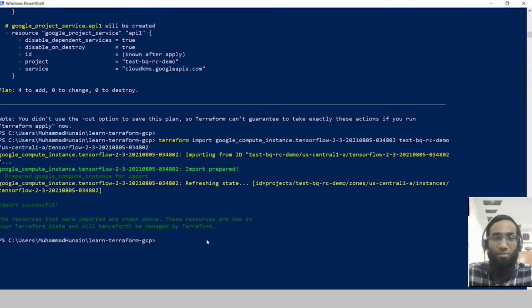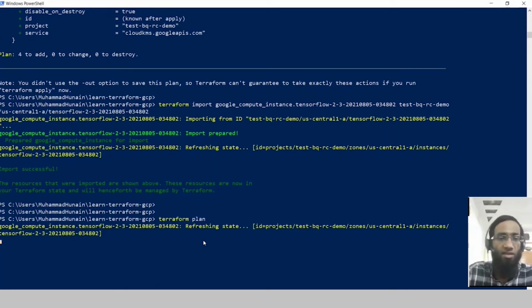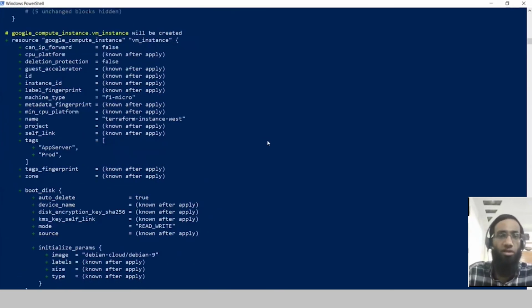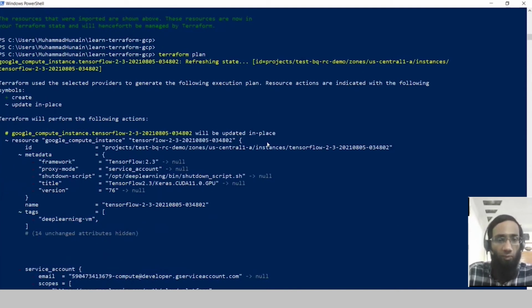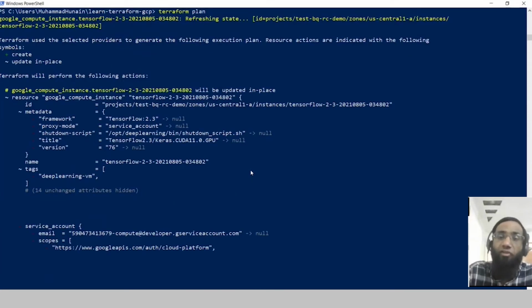Now this is the manual way. And now if I run Terraform plan again, you can see that previously it was provisioning 4 resources. Now it is only going to add 3 more resources. So it already knows that that specific resource already exists inside our cloud account. If there are any updates, it will be updated. So this is how we import our existing infrastructure.